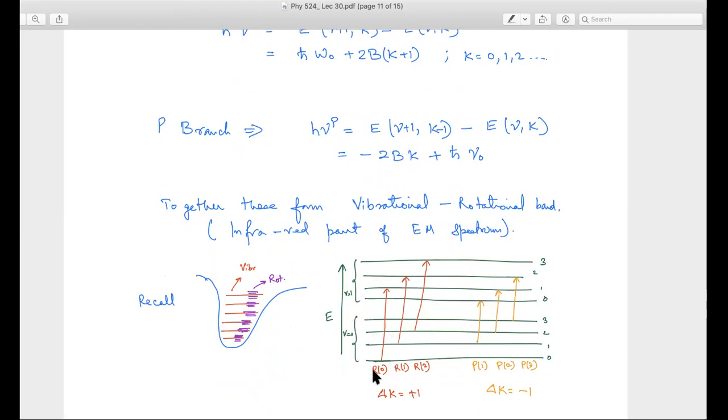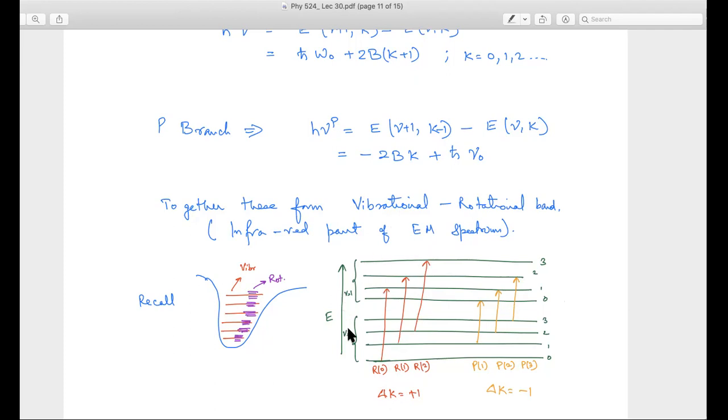Let's say I start from nu is equal to 0. At the top, I have the nu is equal to 1 states. And then for each of these nu, I have a lot of K's. K is equal to 0, 1, 2, 3 is what I have shown here, and K is equal to 0, 1, 2, 3 for nu is equal to 1 is the top four lines, basically. Then I can do this kind of transitions. I can go from K is equal to 0 to K is equal to 1, so the first red line, then K is equal to 1 to K is equal to 2, the second red line, and K is equal to 2 to K is equal to 3, the third line, and I'll have higher transitions like this. So that's number one, absorption transitions.